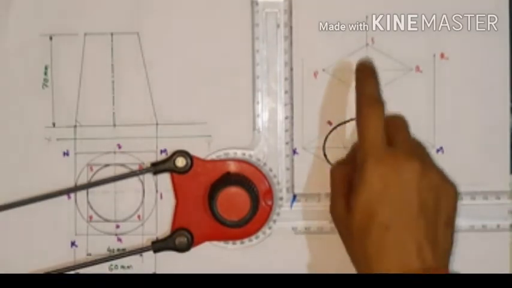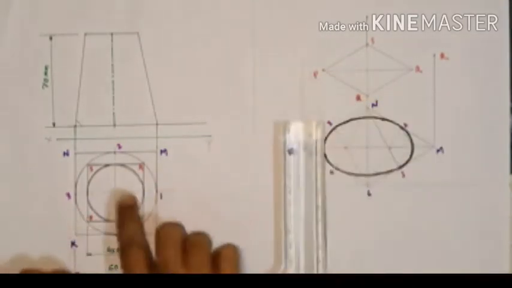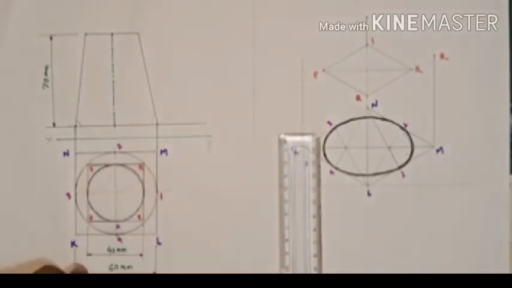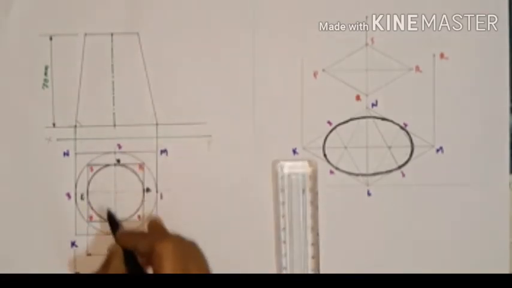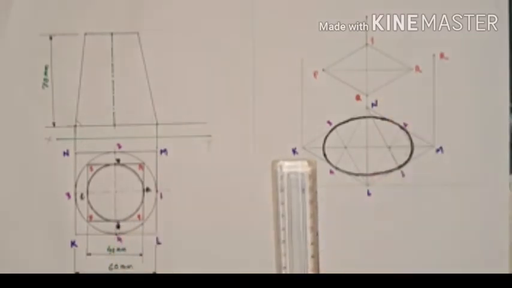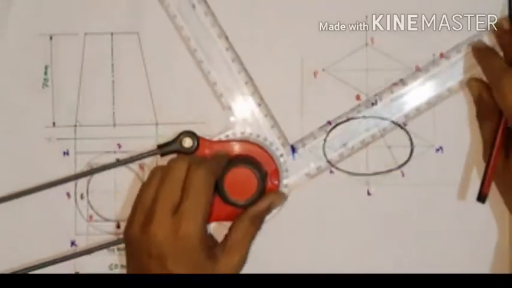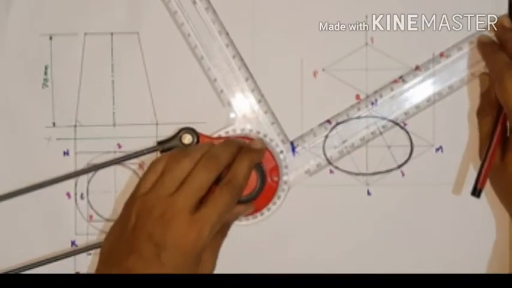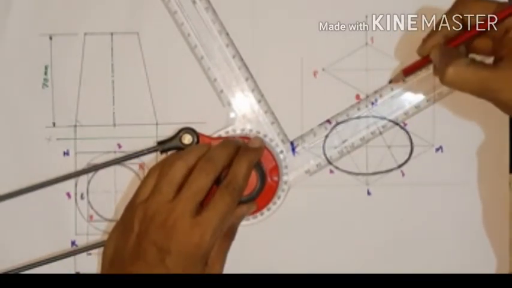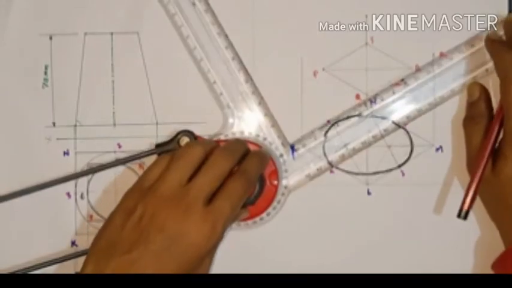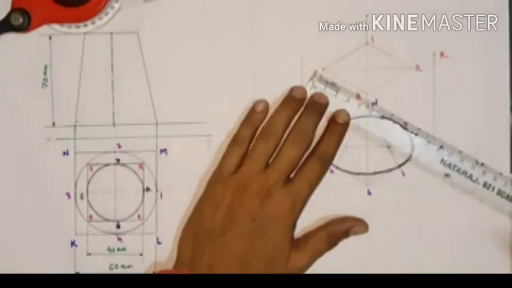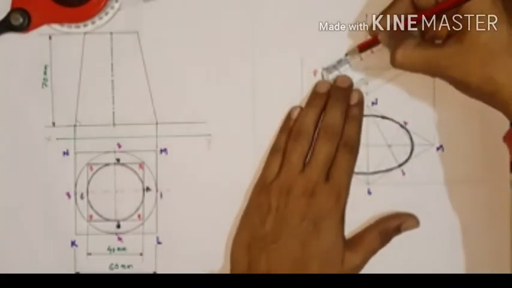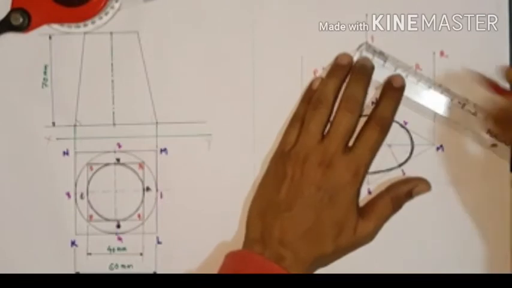So again we need to take the middle point of P, Q, R, S and P. Right now we put the dimensions here. Suppose this is your A, like this here B, here C, and right now here D. So again we need to pick a point for all the sides. For Q and R, this is its center point, and for P and Q, this is the center point, and same for S and R like this.